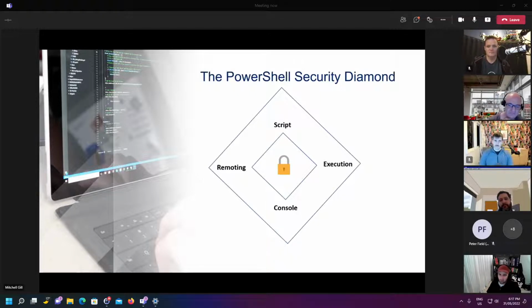The reason why is that there are a lot of things that are loosely integrated within each of those different elements. So script does integrate with execution and remoting, and then script executes within execution, and console and execution are bound together, and remoting is also a key area as well. The key thing here is that you can implement it incrementally,